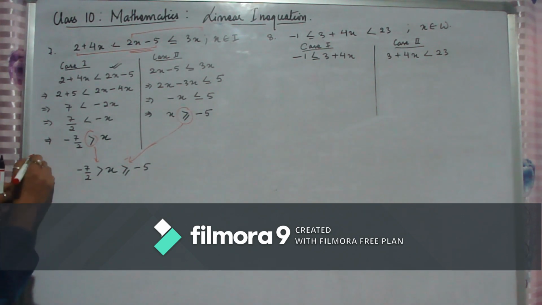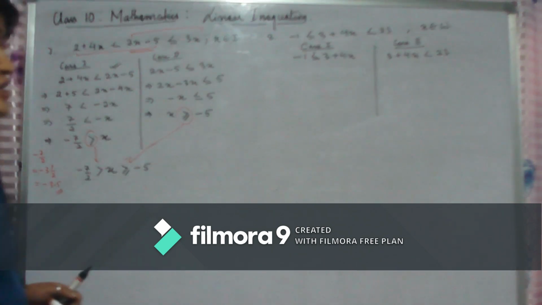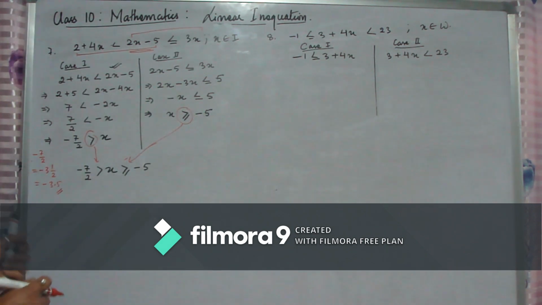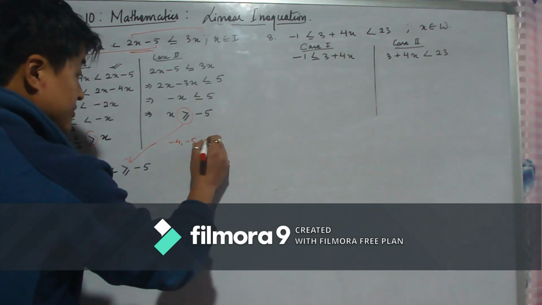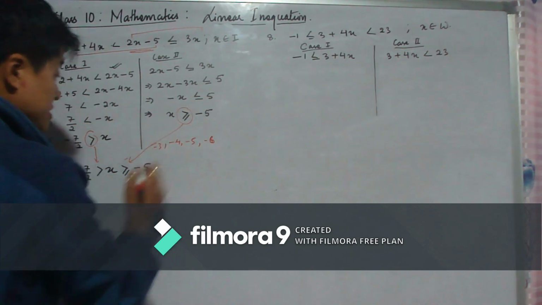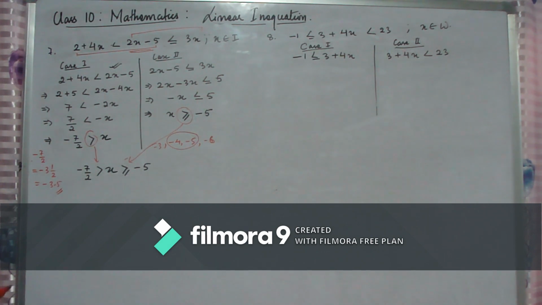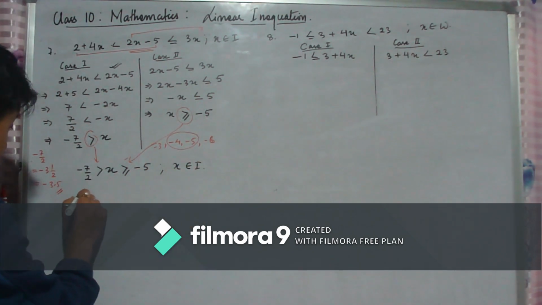Minus 7 by 2 can be written as minus 3 1 by 2, or we can write minus 3.5. This is an integer. Integers are any positive or negative numbers except the fractional numbers. It is minus 4, then we will get minus 5. After that minus 6, it will be minus 3. But here, in order to get the solution set, we have only these two numbers which will be the solution set of this equation. So here x belongs to I, therefore